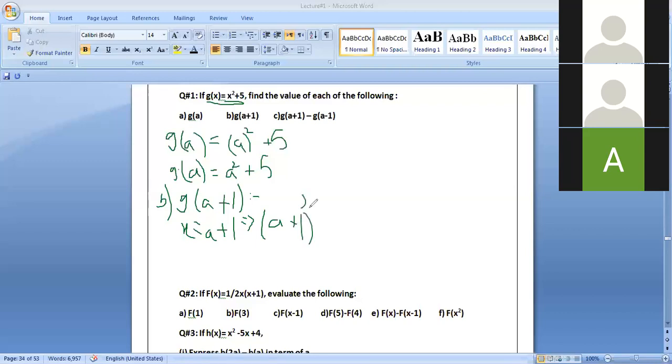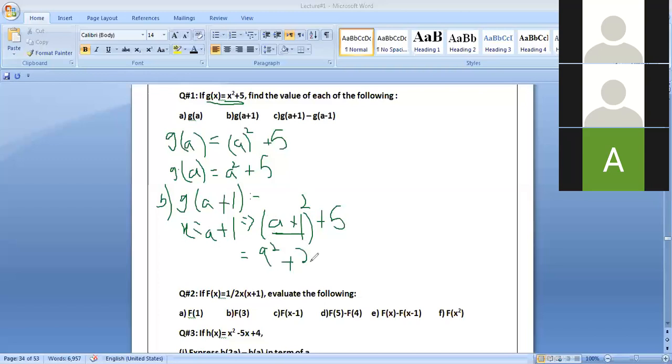If you have any confusion, please ask me. फिर बाद में नहीं कहिएगा कि ये समझ नहीं आया. अभी मुझसे जो आप पूछ सकते हैं, ask me. Okay, it becomes (a plus 1) whole square plus 5, and you know class, it is the form of (a plus b) whole square. ये formula की form है, like a square. Further, if we simplify it, this is the simplification form.